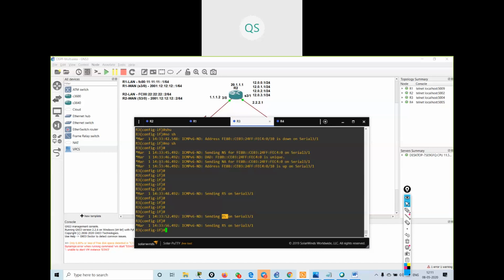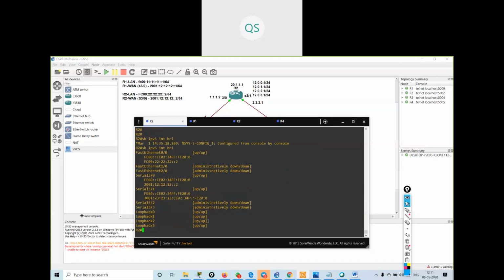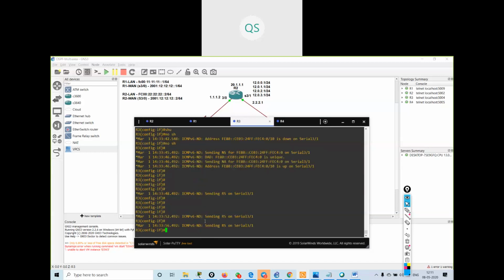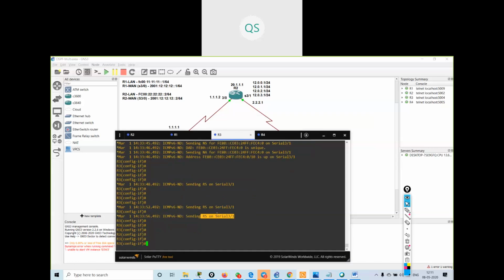Is this interface up? If I check, the interface is up. So I'm sending the RS message to serial 3/1, but I'm not getting any reply from serial 3/1.